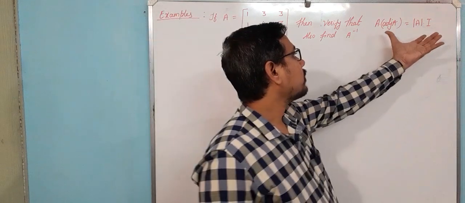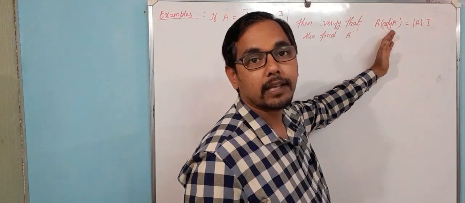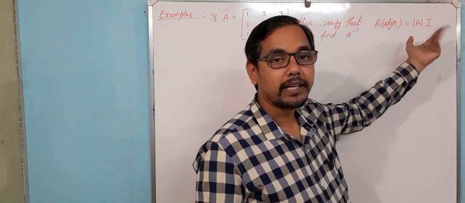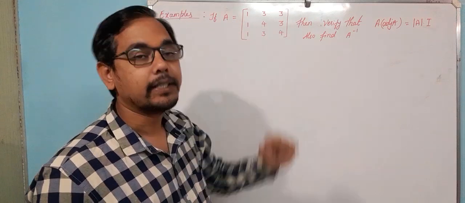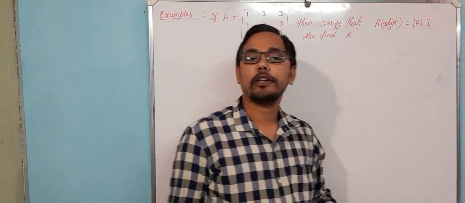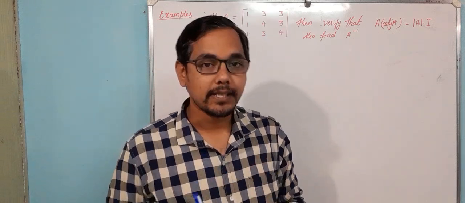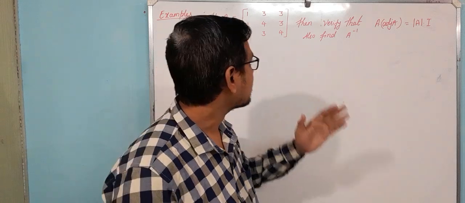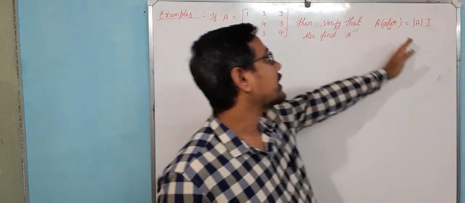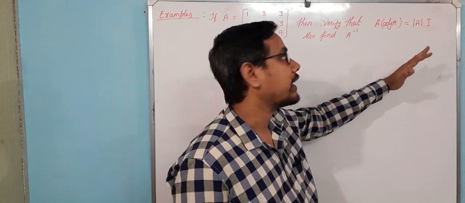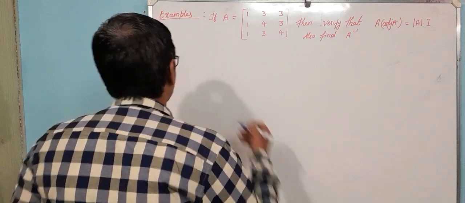So to prove this, what all things do we need? On the LHS part, A is already available for us. Then we need adjoint A. And on the RHS part, we need determinant A. This can be solved easily, as determinant A can be found by the regular method. Coming to adjoint A, in order to calculate it you need minors as well as cofactors. So let's find the minors and cofactors of each and every element of matrix A, then substitute that in the LHS part to get A into adjoint A, then also find determinant A and calculate the value. Okay, so let's start with this.